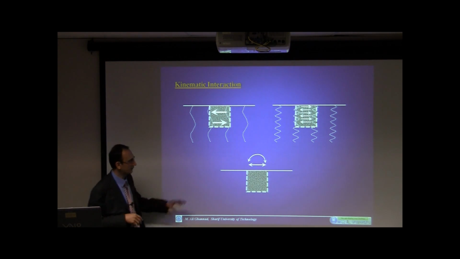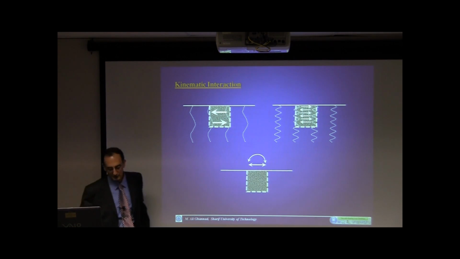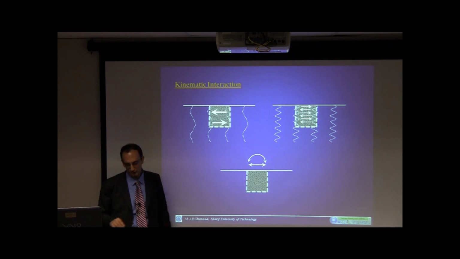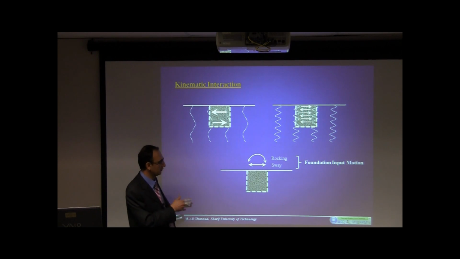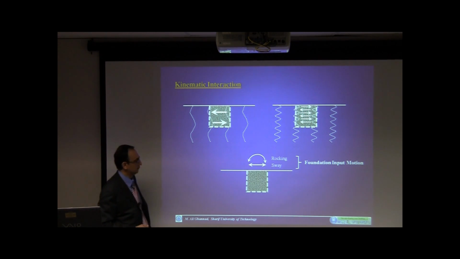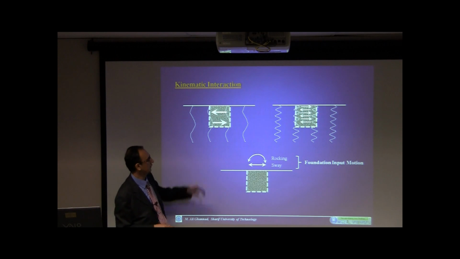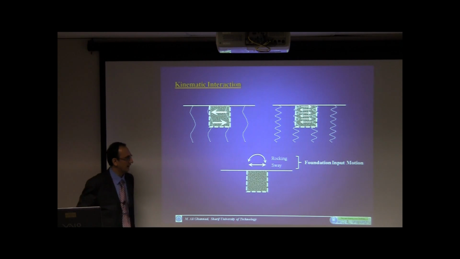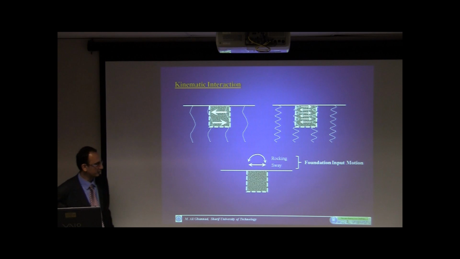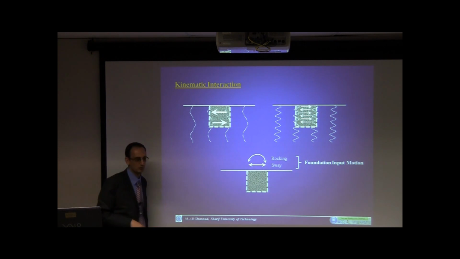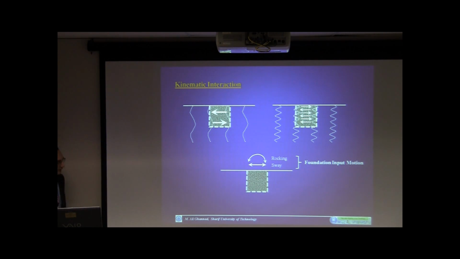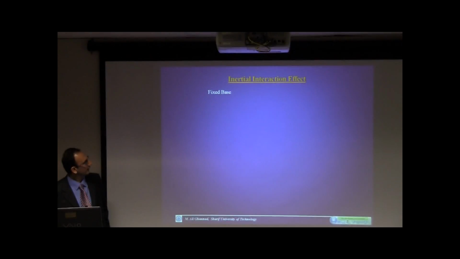Anyway, finally, we have motions of the foundation, which result from this filtration effect. And of course, in general, even in two dimensions, we have vertical movements also, but for these vertically propagating shear waves, sway and rocking motions result, and we name them the foundation input motion. When we say foundation input motion, it means the resulting sway and rocking motion of the relatively rigid foundation. So that is the kinematic interaction.